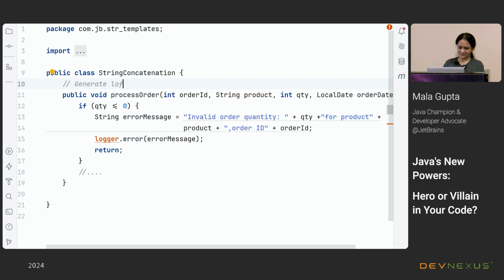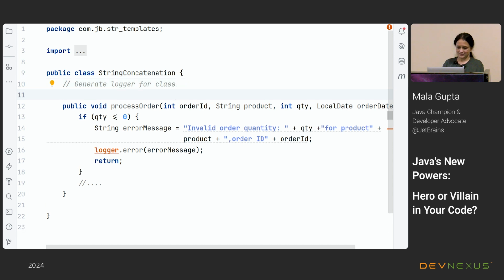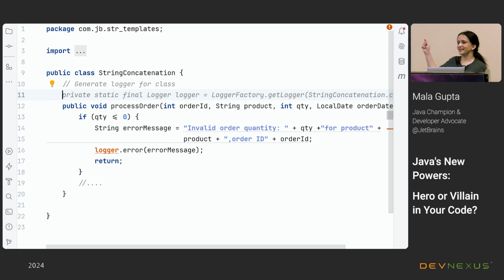Generate, not logger for class. So this is single line completion by IntelliJ IDEA. So that was deliberate, the error. This is available in IDEA Ultimate.